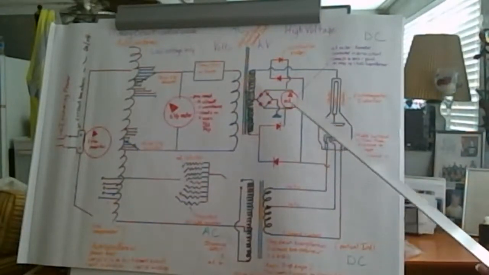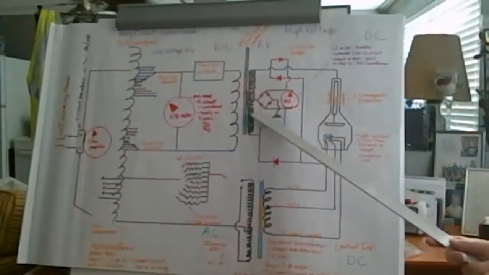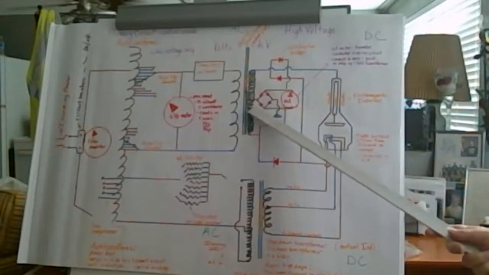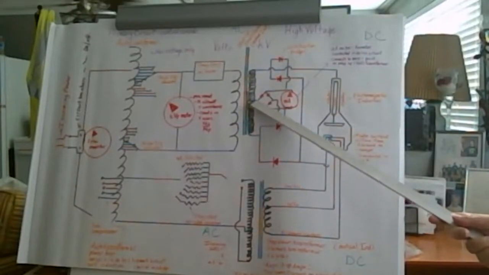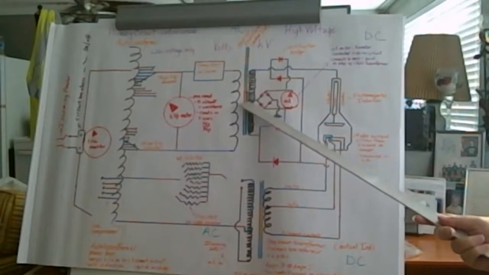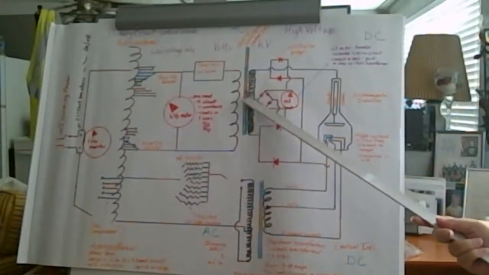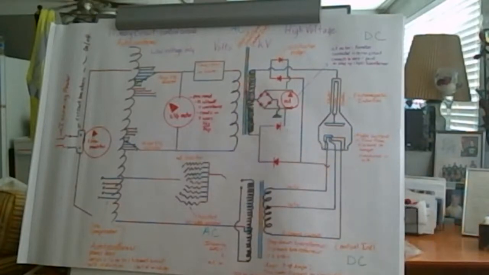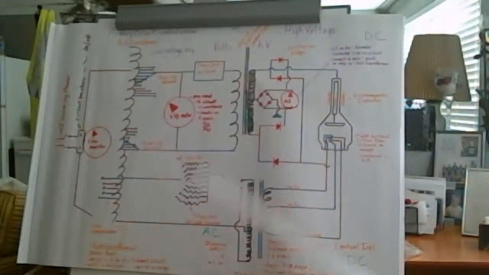Let's see. And our MA meter, that's actually a pretty interesting meter. And if you can notice this little weird configuration here for the MA meter, it's hooked up right to the center part of the secondary side of the step up transformer. That is at a 0 voltage point. That's important because